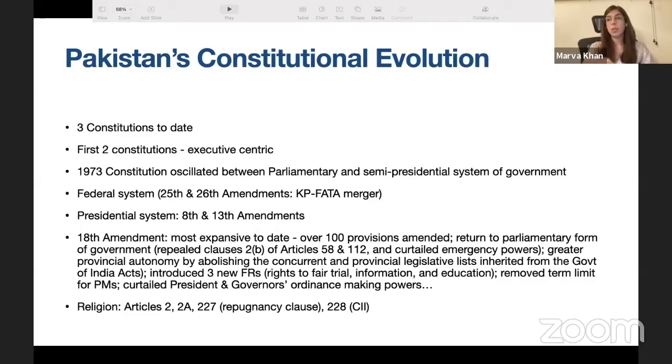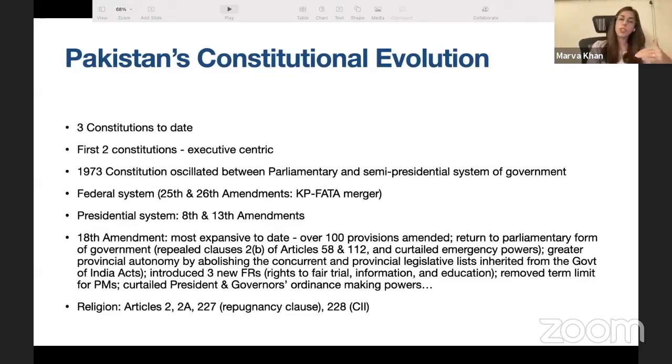When I say semi-presidential here, it's not because of how weak or strong the president is. It's essentially because of how the system was structured. So you have a president and then a prime minister throughout our history, whereas in the United States you have a president and then a vice president. So there's a dichotomy in how the executive is structured, and I'll come to that shortly as well. That's one thing you need to bear in mind.